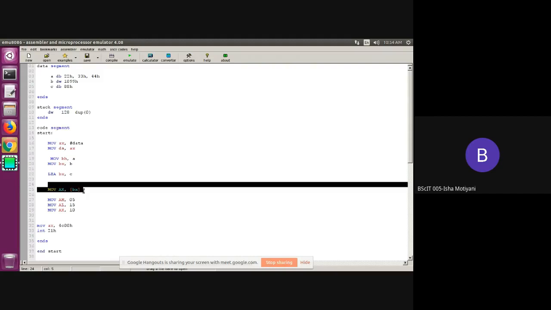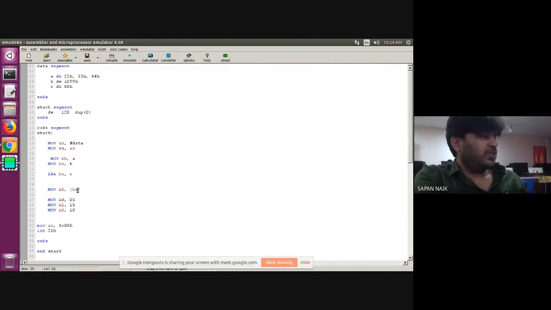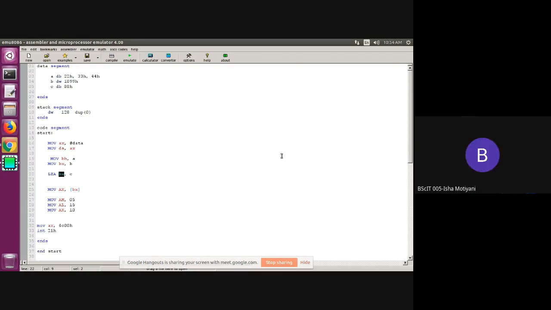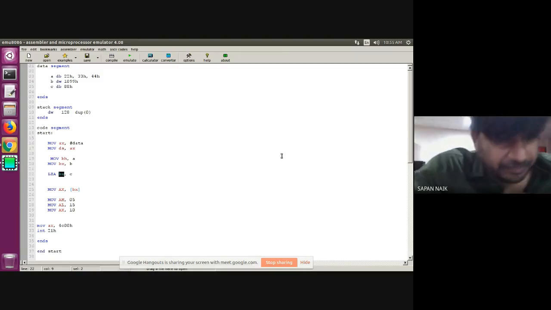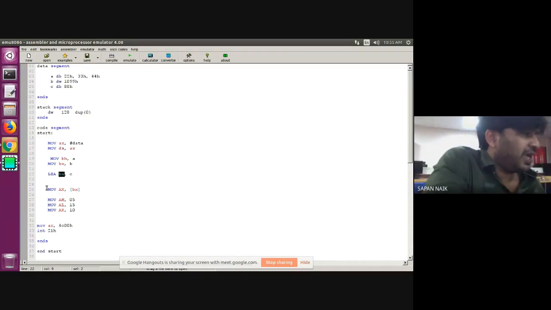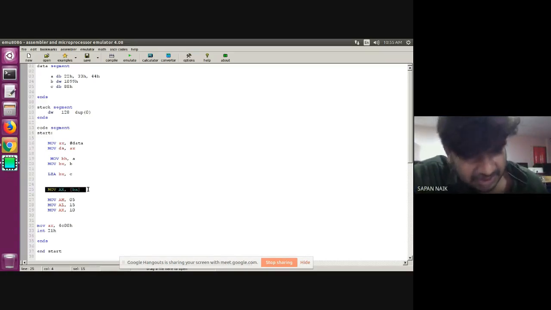88. It will copy the content stored at the location in BX. What will BX contain after this instruction? 0005. And what will 0005 contain? 88. So 88 will be copied. But concentrate carefully: I am moving data into the AX register. That means it is 16-bit data, but 88H is 8-bit data. So it will actually contain 0088. Otherwise, whatever is on the next location after 88 will also be taken.